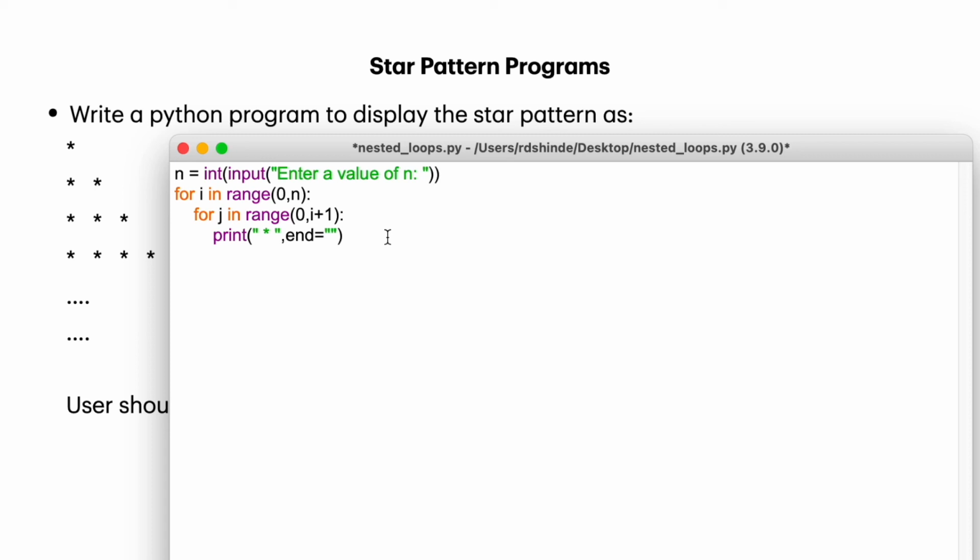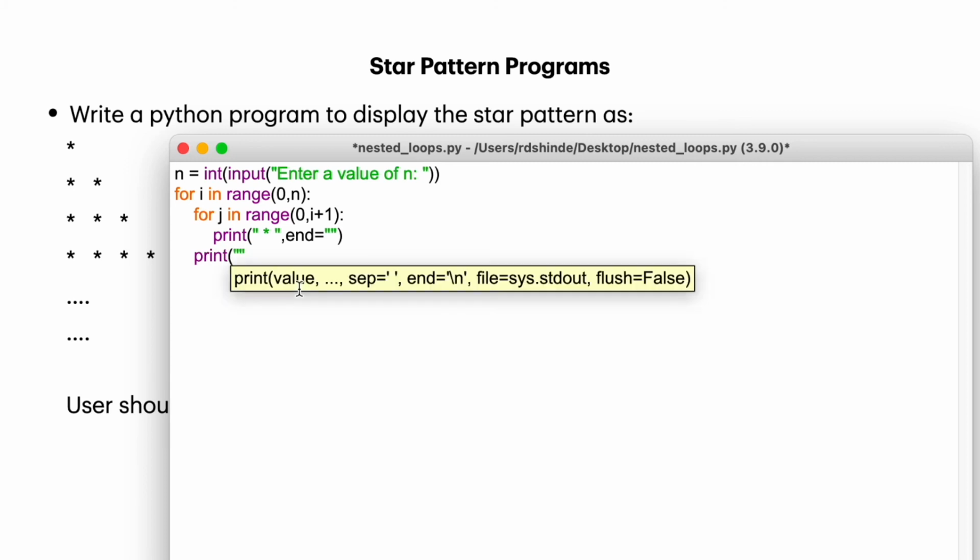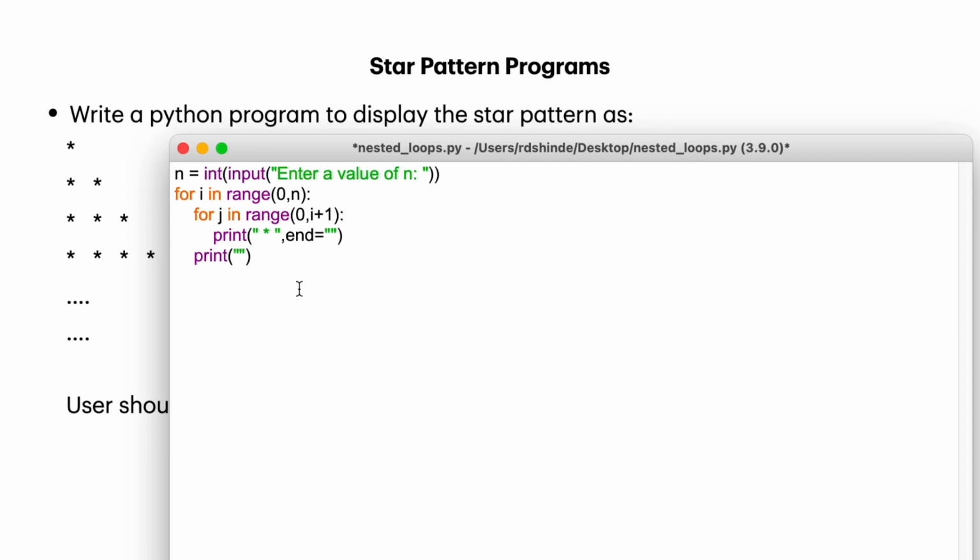But after printing this first row, we want the next row to come up, so that our full pattern will get printed. So now I am using this print statement here to get a new row. After finishing this inner for loop, this print statement will execute and control will again be given to the outer for loop.